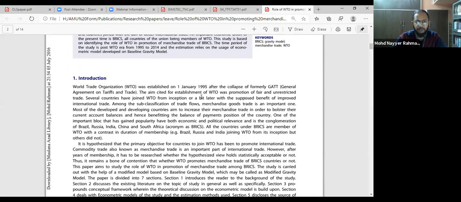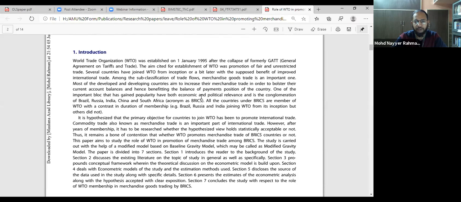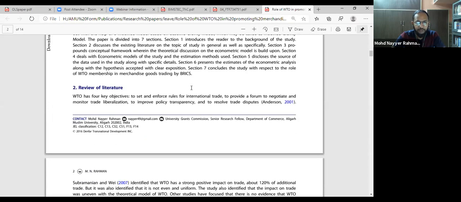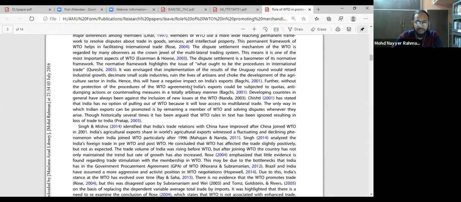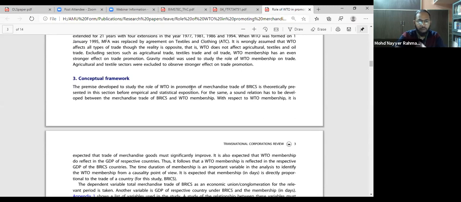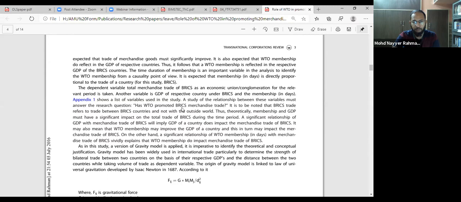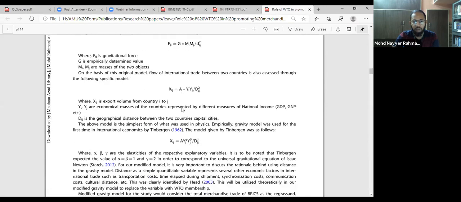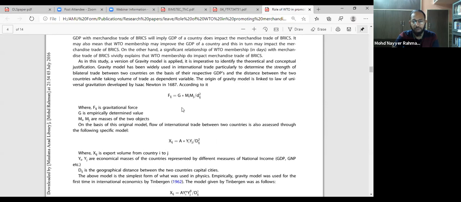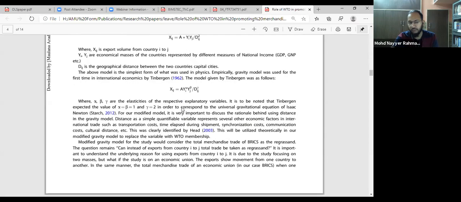Okay, this is how to write. Just briefly, if you want to write an econometrics paper, it should be very crisp. Unnecessary things should not be there. You have introduction, then review of literature, and then conceptual framework. Conceptual framework in econometrics is something different. You try to come up with the concepts of your model. You try to define your parameters, how you have developed your model, what is the theory behind your model. But it's not just about writing theory, it is also writing theory into mathematical terms. That is very important.